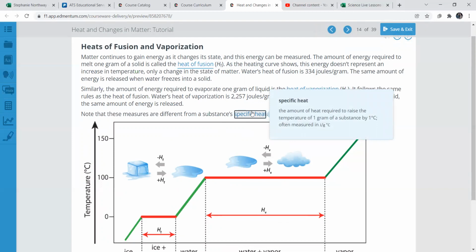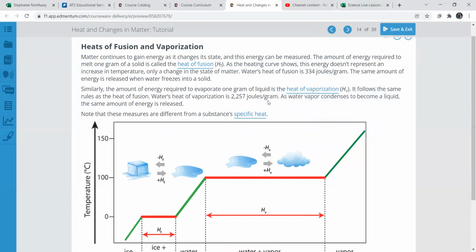Specific heat, the amount of heat required to raise the temperature of 1 gram of a substance 1 degree Celsius, and it's usually measured in joules. So you'll see joules per gram, J/g. You'll see that a lot measured in